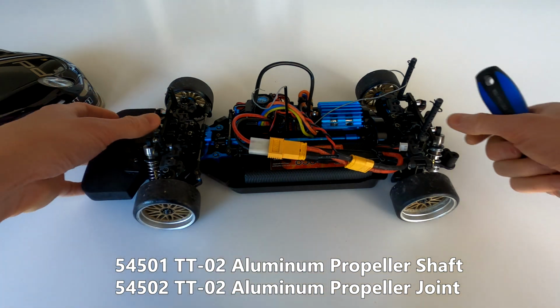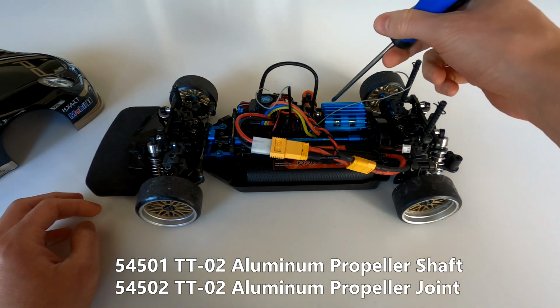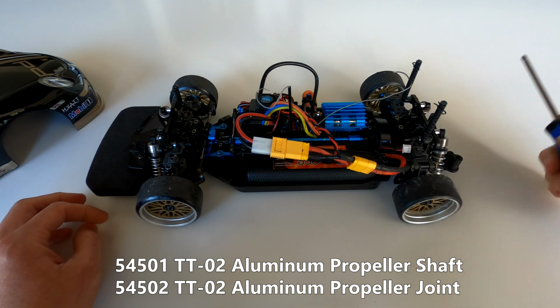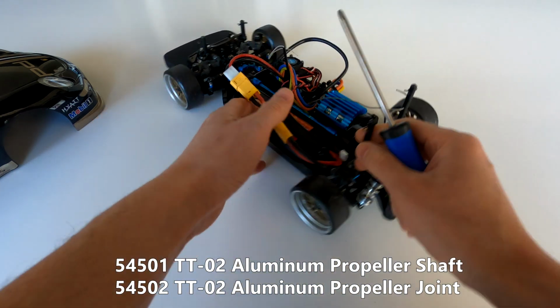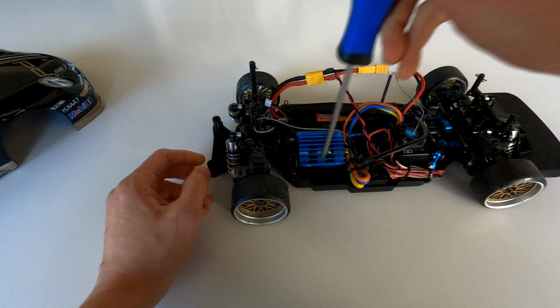And this is actually originally a TT02D, so it came with some upgrades already. It came with this heatsink. I'm not sure if it came with the prop shaft. It might have come with the prop shaft. Right. And another thing was, let